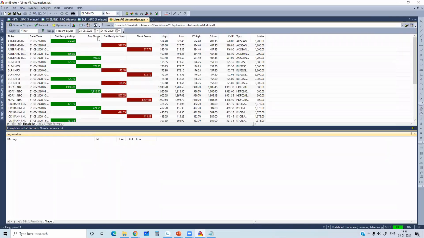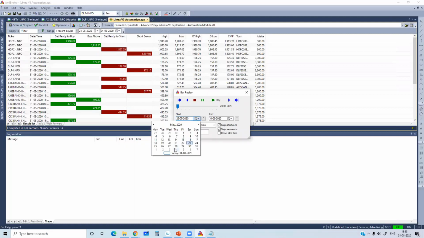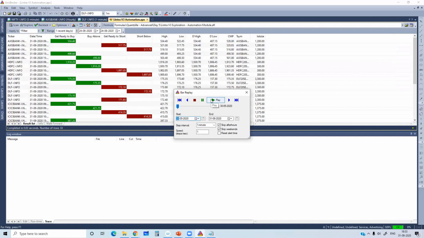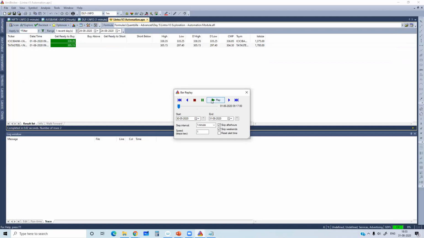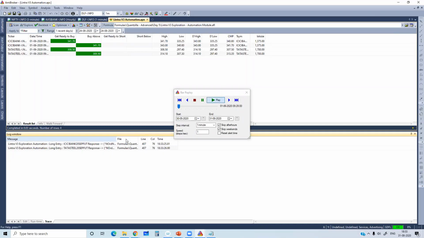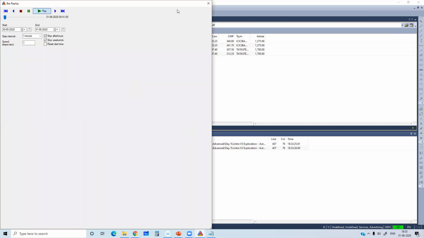What I'm going to do here is run the bar replay of today's activity. So today's activity, let's say 30th. Run the bar replay. And of course, you can see that the bar replay is running. As the bar replay keeps on running, more and more new signals will be coming in. When new signals are coming in, automatically the orders will be fired. Here you'll be able to see those orders. Not only that, let me minimize here. Function, Windows. Oops.